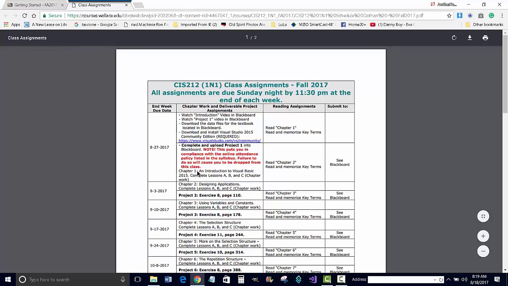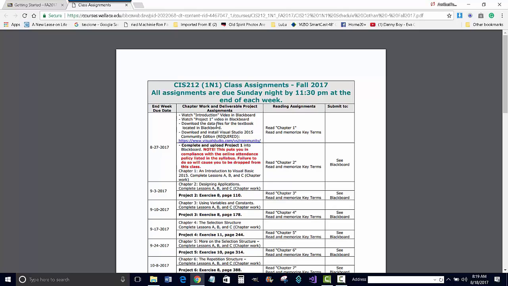Okay, there it is. The first thing you're going to want to do Monday morning, or Monday whenever you hit this page, is download your data files from Blackboard. They're in the student resources location, in a zip file. This book has three lessons per chapter: lesson A, lesson B, and lesson C. I always pull your project, unless I do one on my own, from the lesson C